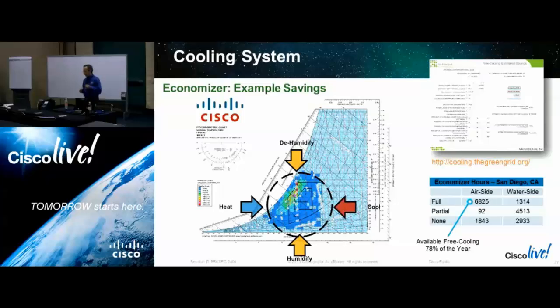But we did on this slide an overlay of the weather data, bin data for San Diego County with the parametric charts, and the color of the arrows tell you the amount of energy it takes to go in that direction. Not a lot of energy to warm it up, a lot of energy it takes to cool it down, and the change of humidity is middling, you know.